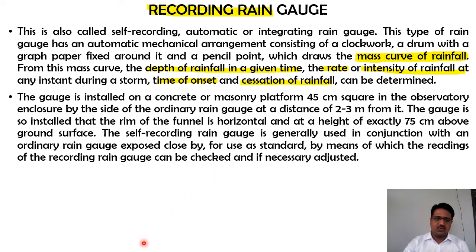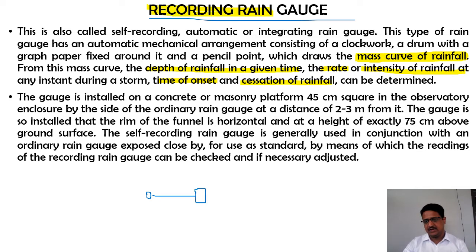So what they are trying to say is, this may not be true for all cases, but in typical cases we usually have one non-recording type of rain gauge station side by side, and then at a distance of, let us say, 2 to 3 meters from this, we have the recording type of rain gauge station established. Why do we need the non-recording one? Just for the sake of safety and to check the correctness of the recording rain gauge station. So we have this standby non-recording type of rain gauge station.